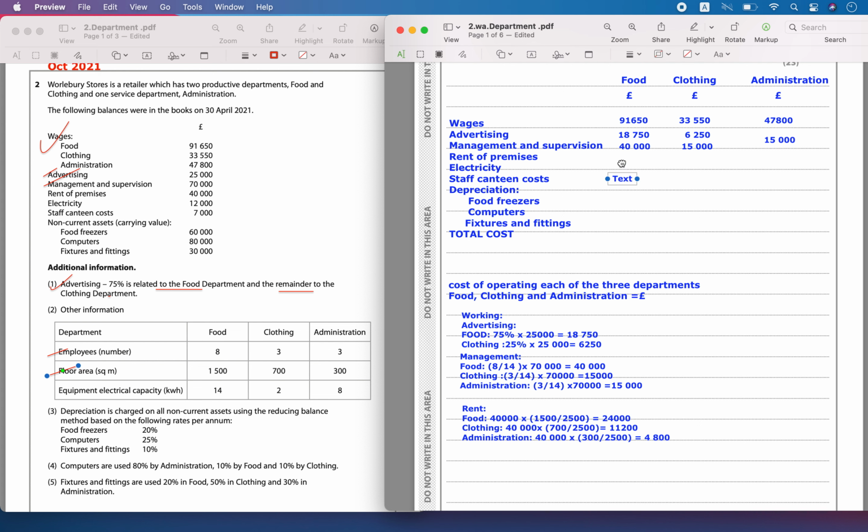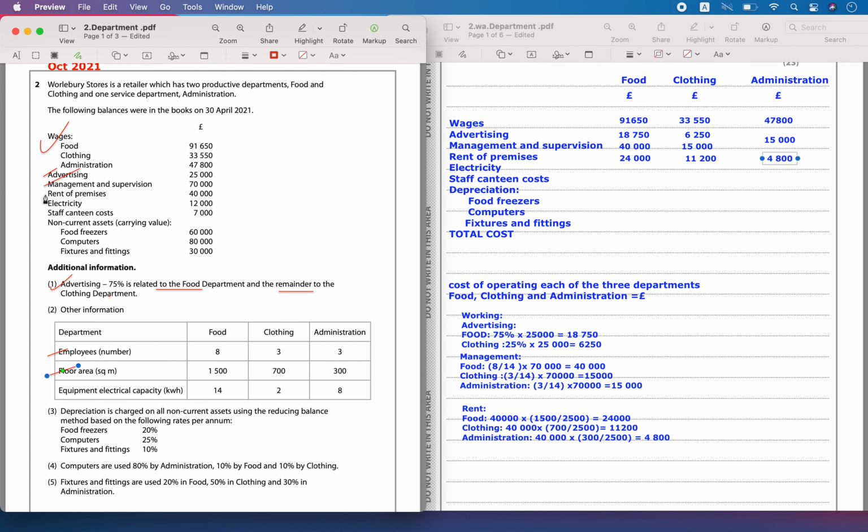So now let's write it here: 24,000, 11,200, and 4,800. All of this, when you add up, should still add up to 40,000. Then you have the